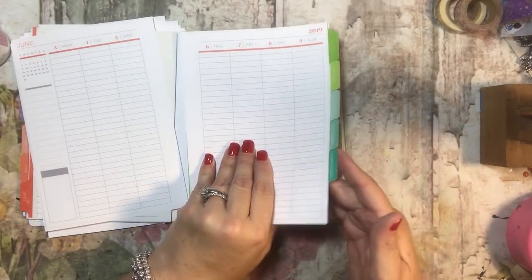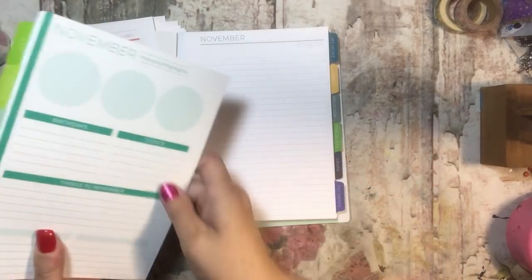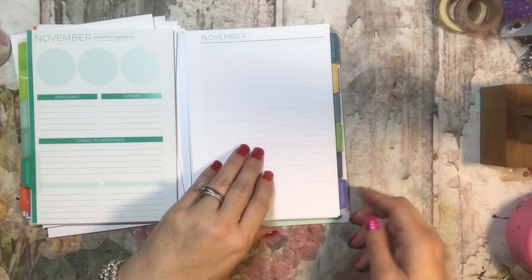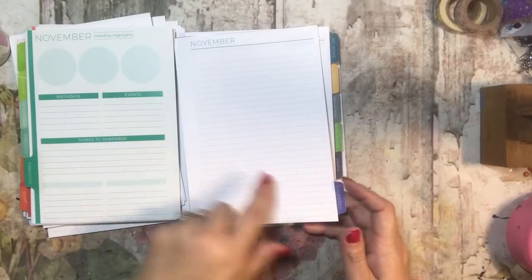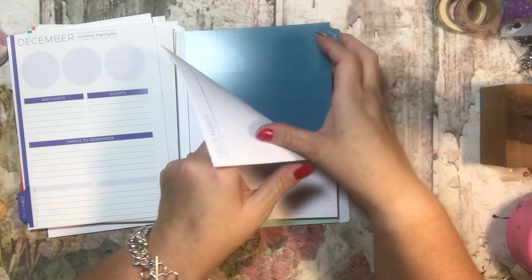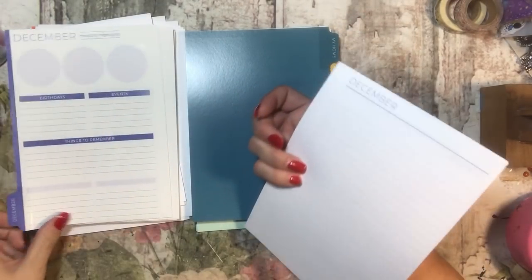It is weird. I do wish that they would do a little bit of a different pattern. And you can pick just to have it non-colored and just be black and white. But I like December. Why couldn't December be green? Or, you know, instead of December's purple. I don't get it, but whatever. That's my only complaint. I do like that the tabs are